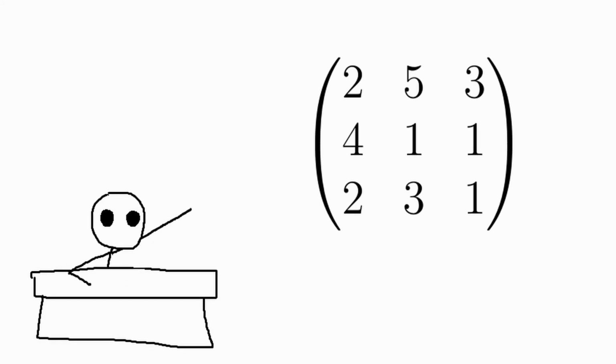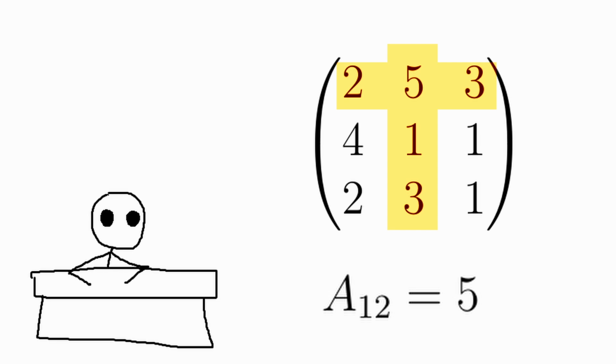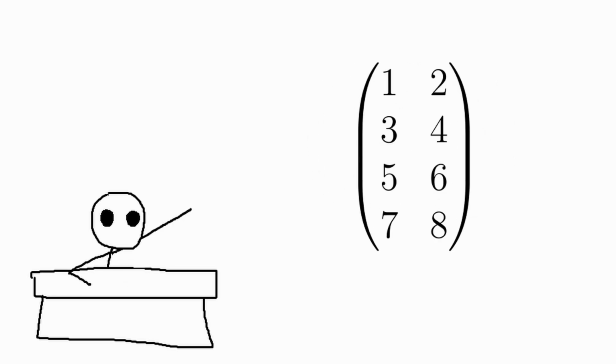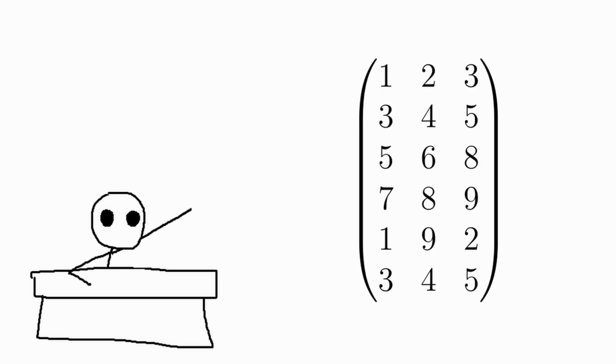This is a matrix. A matrix is made up of elements that are arranged in rows and columns. In fact, we can identify the individual elements of a matrix by their row and column pair. So for instance, the element that's in row 1, column 2 could be denoted by A subscript 1, 2. Matrices don't have to be square, they can be any number of rows and columns. So you can have a 2 by 3 matrix, a 3 by 2, 4 by 2, really any number combination